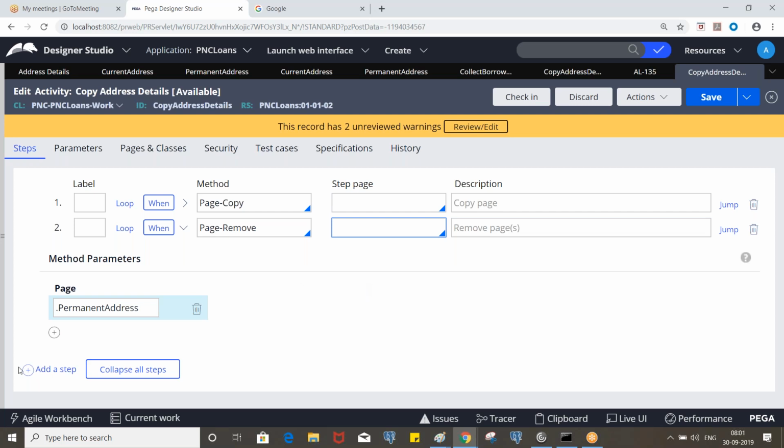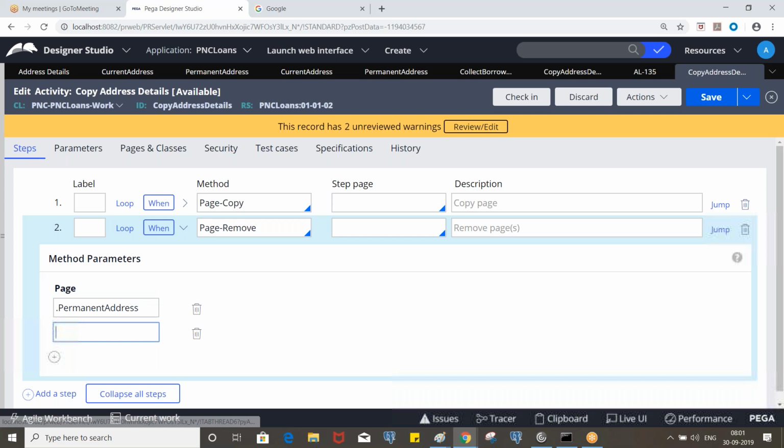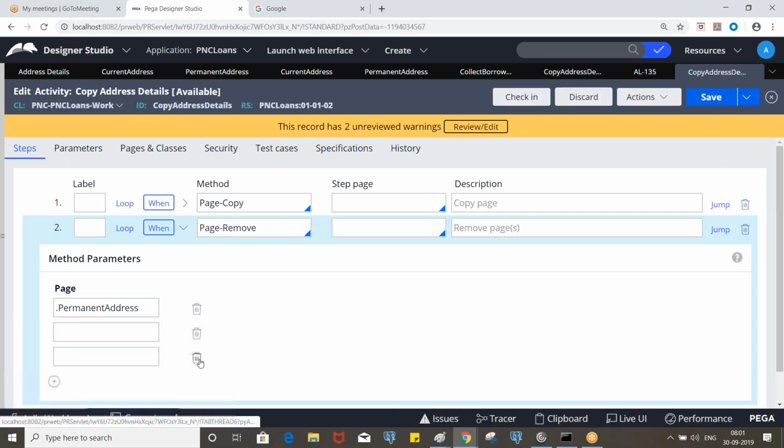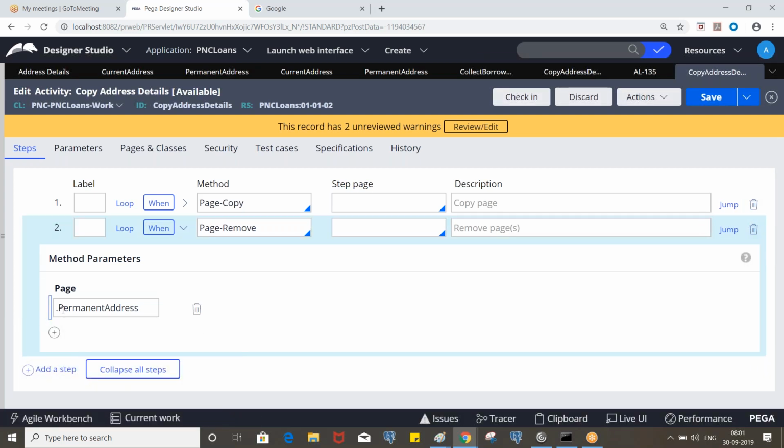So let's say I have multiple pages to be removed, so you can specify like this. If it is the top level page, do we need to specify a dot? No. If it is the top level page, no. But the permanent address page is available under pyWorkPage, so you need to put a dot.